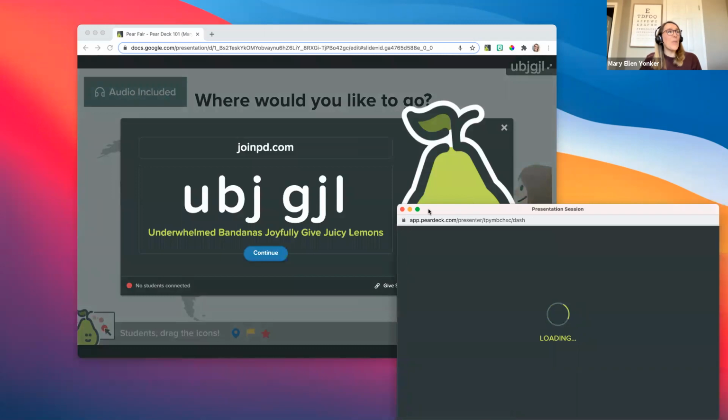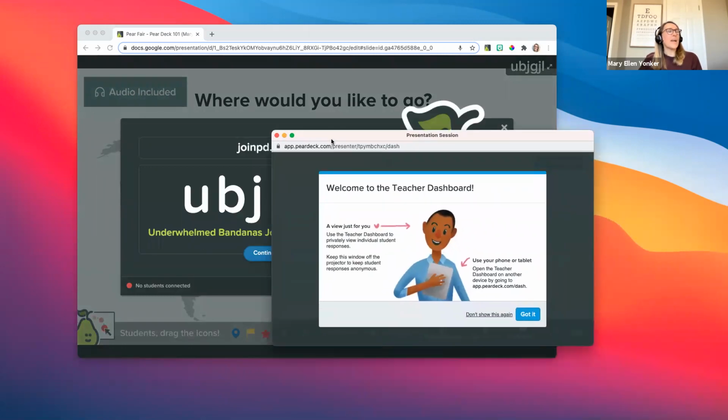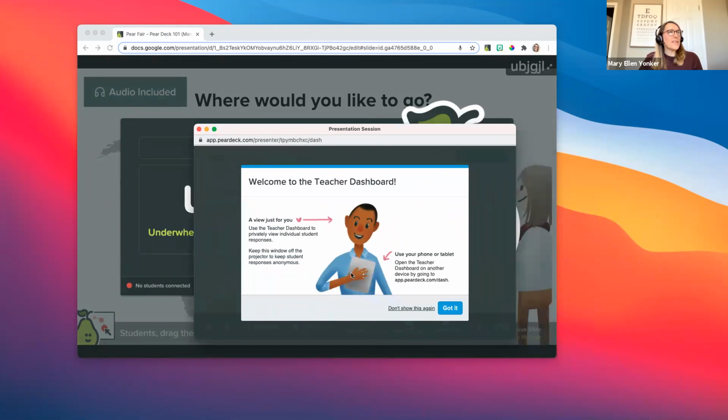All right, so when I start the lesson, a couple of things pop up. The first thing that's on top is my teacher dashboard. So important to know, when you're using Pear Deck, there are 3 views. The student, of course, will be looking at their own student view, and that's where the student is able to engage in the interactive questions.